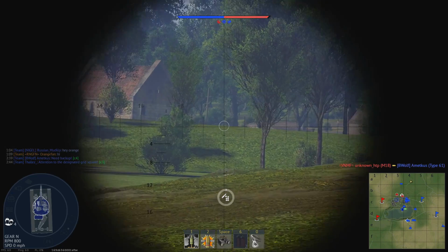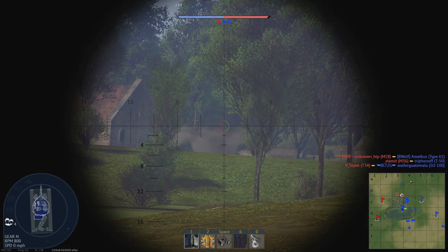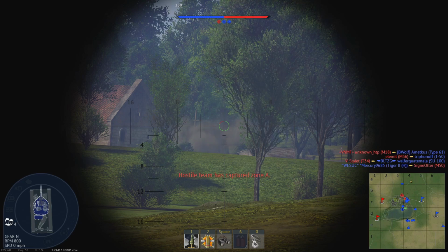Attention to the designated bridge square. Allied forces have captured the zone. Enemy forces have captured the